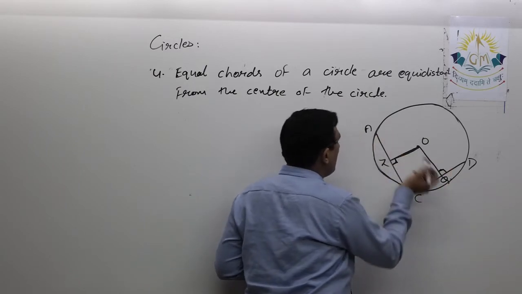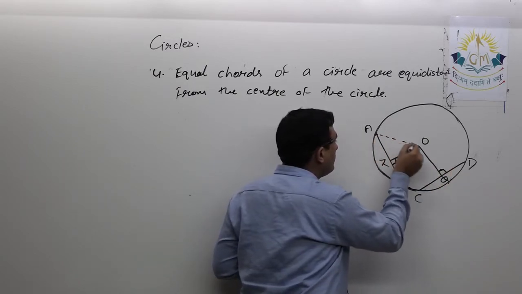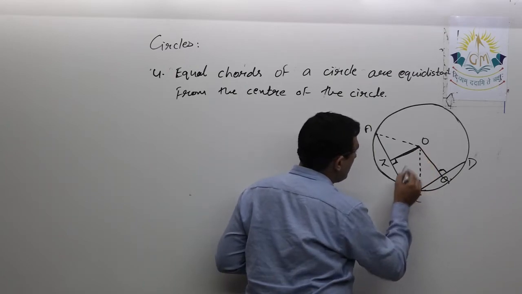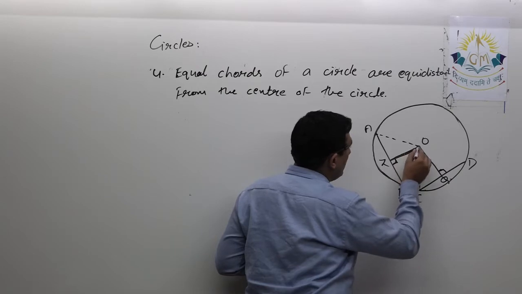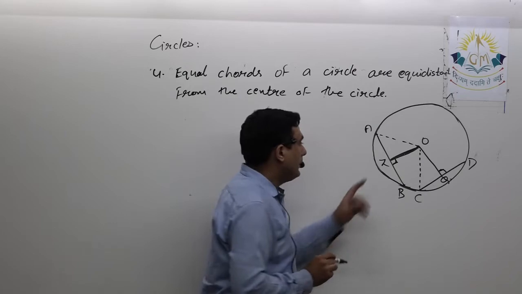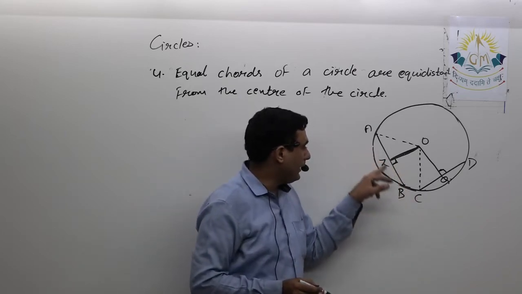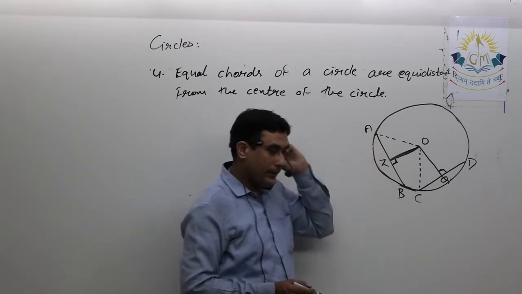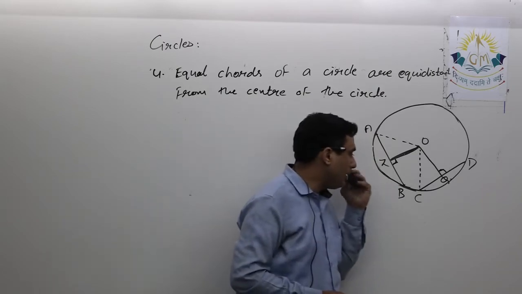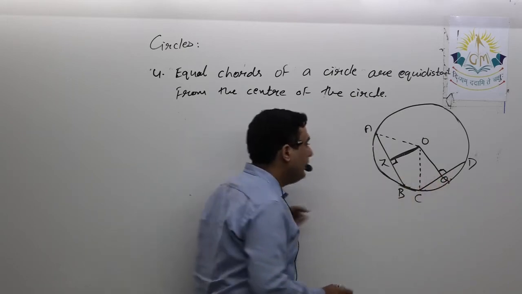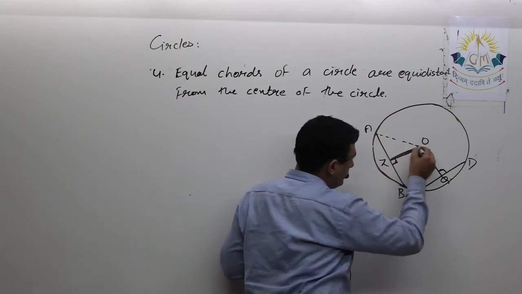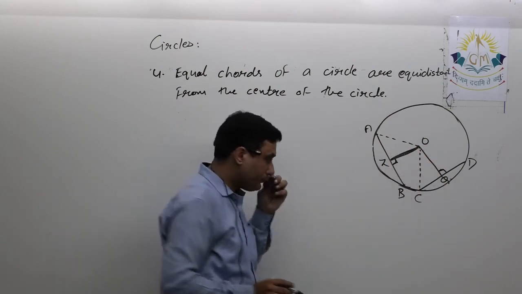Okay, so suppose we have to prove this, how will we show this? First of all, I draw a perpendicular from the center to the chord. Here also I did the same thing. That means OZ bisects the chord, so AZ will be equal to ZB, or AZ will be half of AB. Similarly, over here CQ will be half of CD. Now what we have to show is OZ equal to OQ.